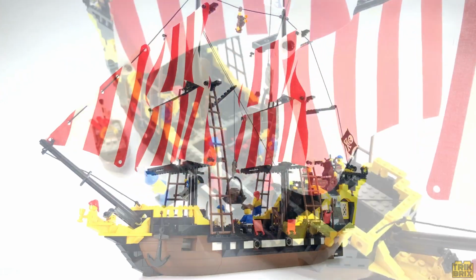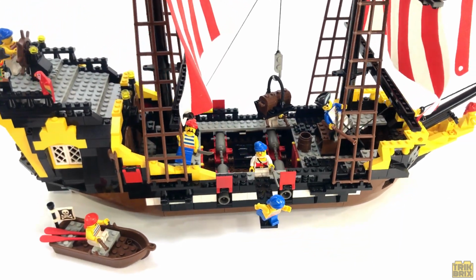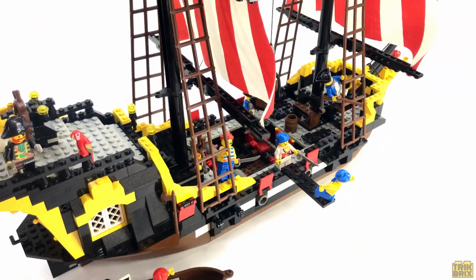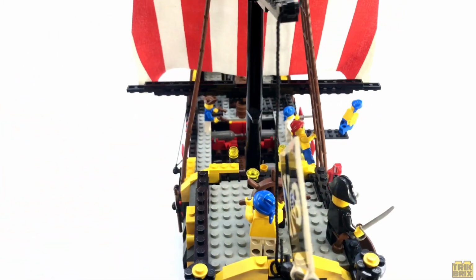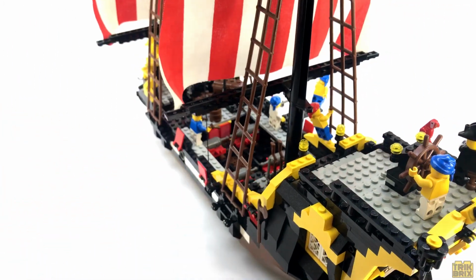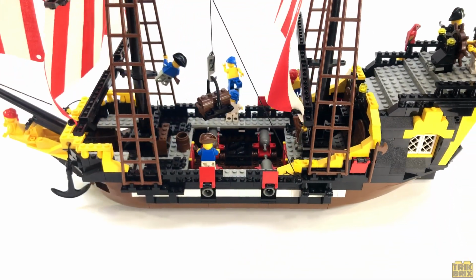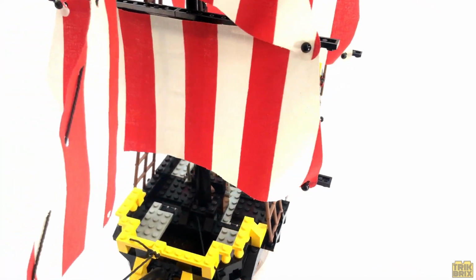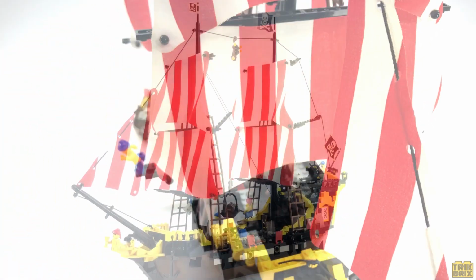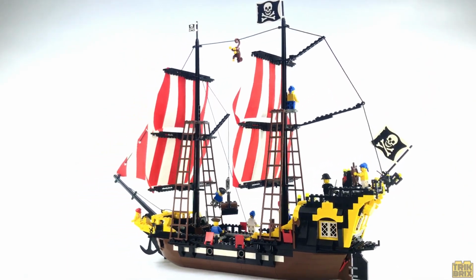If you're interested, you may have to do a bit of saving though. A used set in good condition generally runs in the $200 to $300 range, and that's probably the route you'll have to take unless you've got a fairly high Lego budget. A new sealed copy can go for 10 times that amount. I got this one used, and it's not perfectly mint, but it's mine, and I'm so happy to have it in the collection. I can only imagine all of the adventures this thing would have gone on when I was